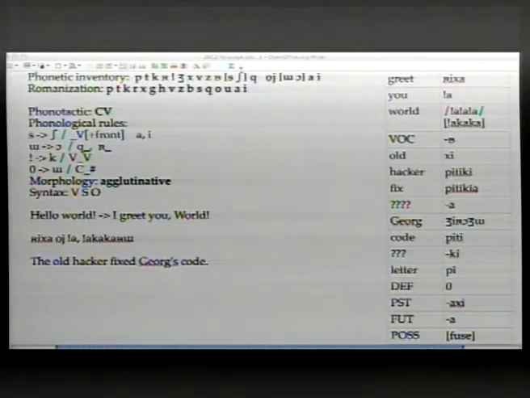Okay, so the old hacker fixed Georg's code. The fix goes first. Fix is PTKIA. Then we've got hacker is PT. PTA, yes, past tense is PTA achi. Thank you. So hacker, old is, what was it? He. And then we've got Georg is,